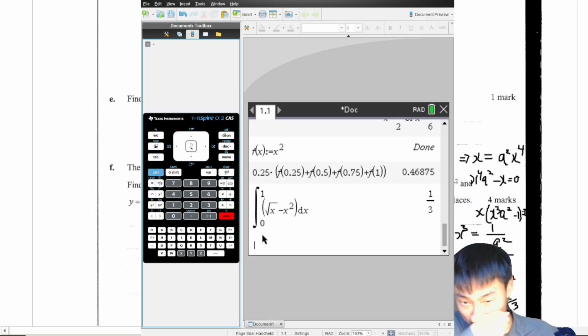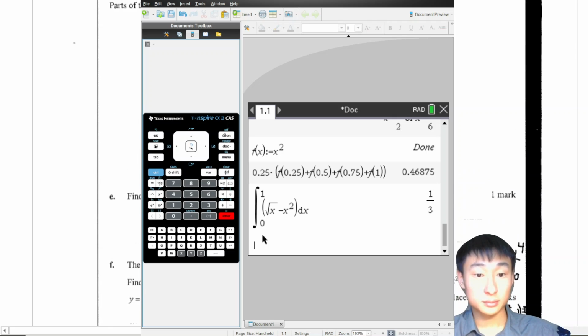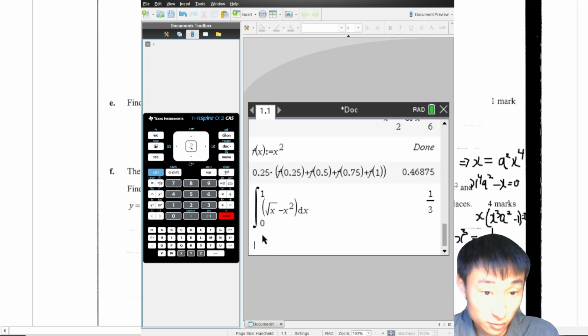Yeah, that sounds right. Oh, sorry, the area is already